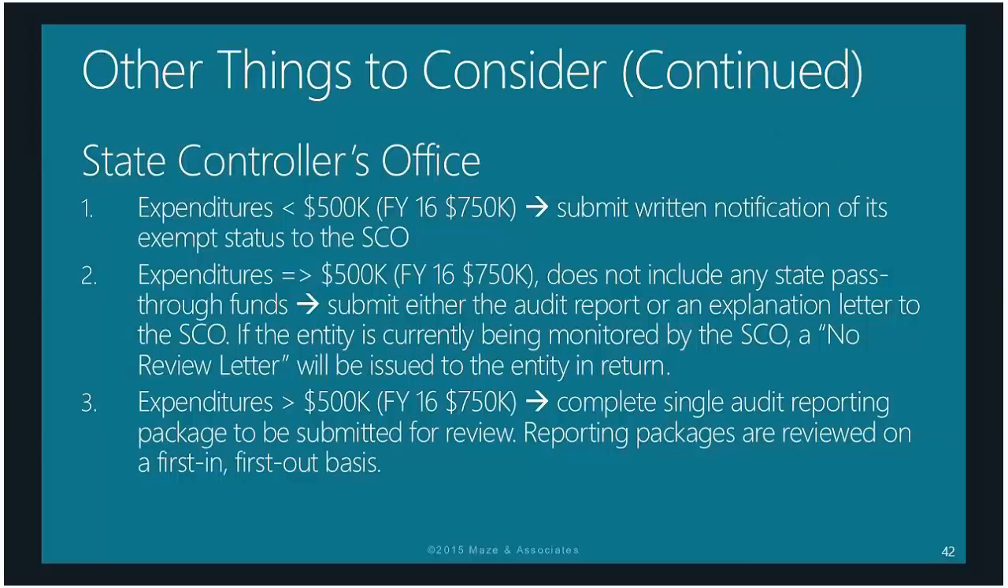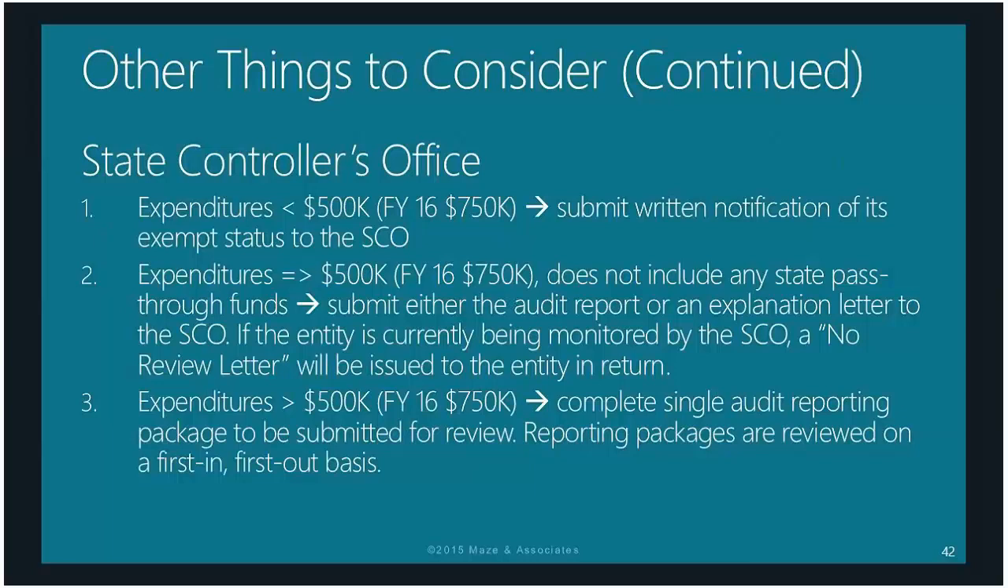Remember that beginning fiscal year 16, the threshold increases to $750,000. So if your expenditures are less than the threshold, you must submit a written notification of its exempt status to the CSO. I'll show you an example of a letter that we provide our clients. Again, it's just an example. So another